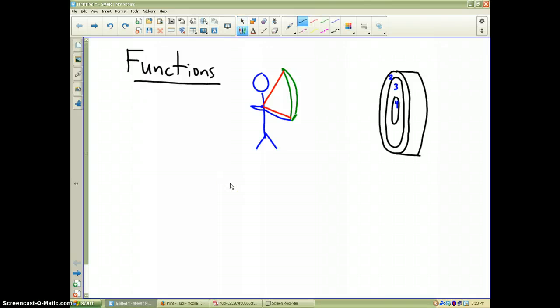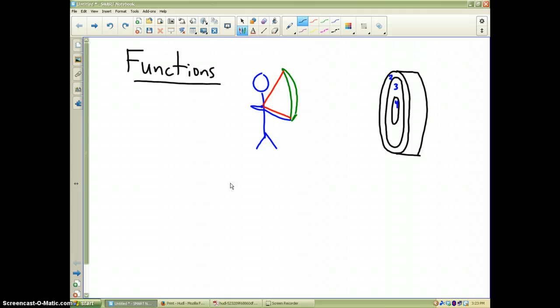Section 1.6 deals with functions. Functions can be a very challenging concept, and so I'm going to use a picture to try and teach you what a function is. And if you'd like to draw my picture, that'd be great. I have an archer here and a target, and you all understand archery and how it works. But to relate it to math,